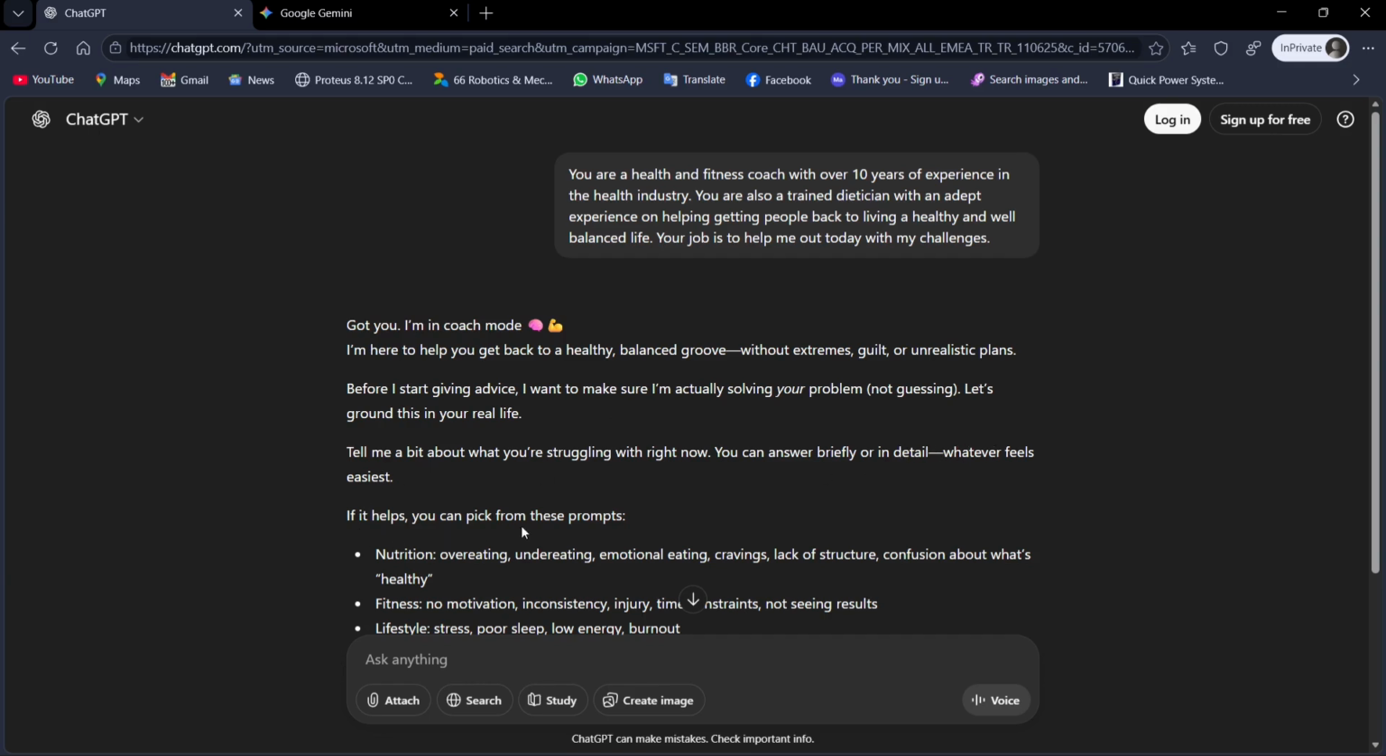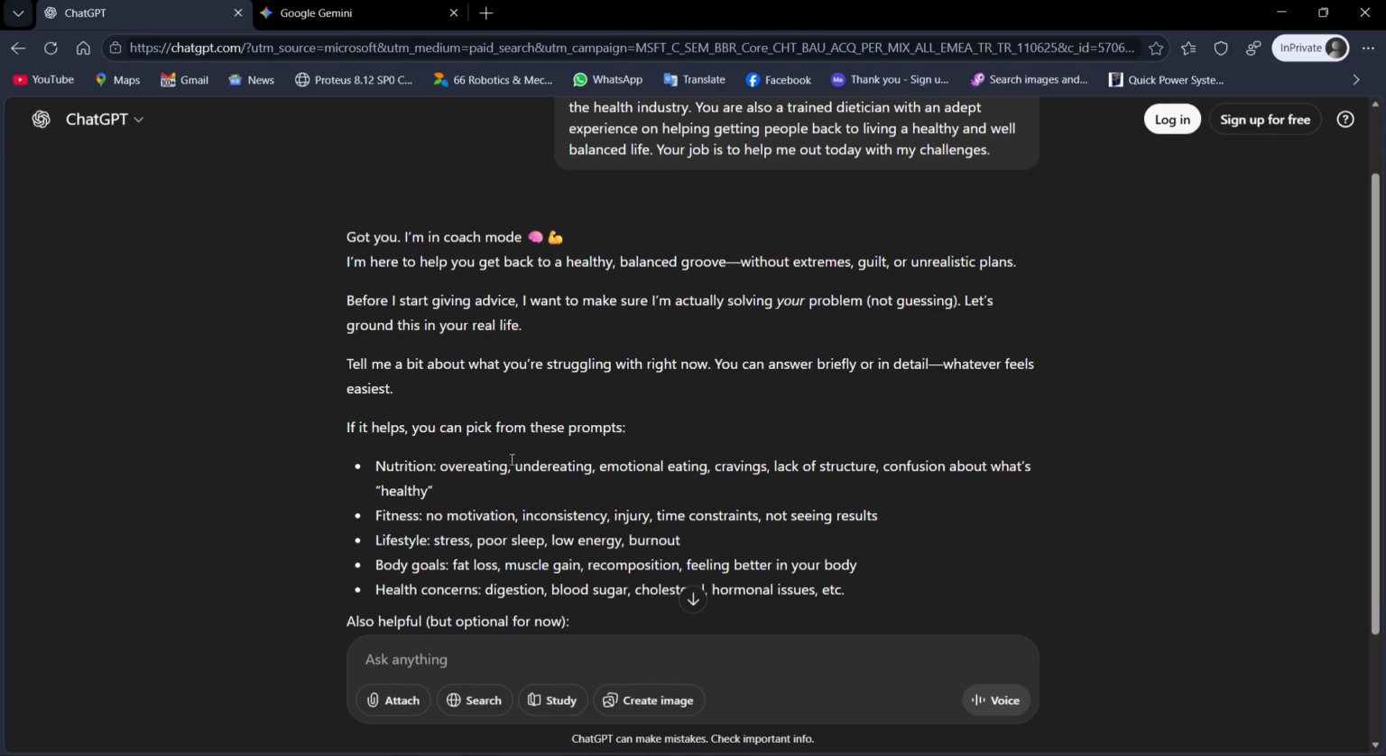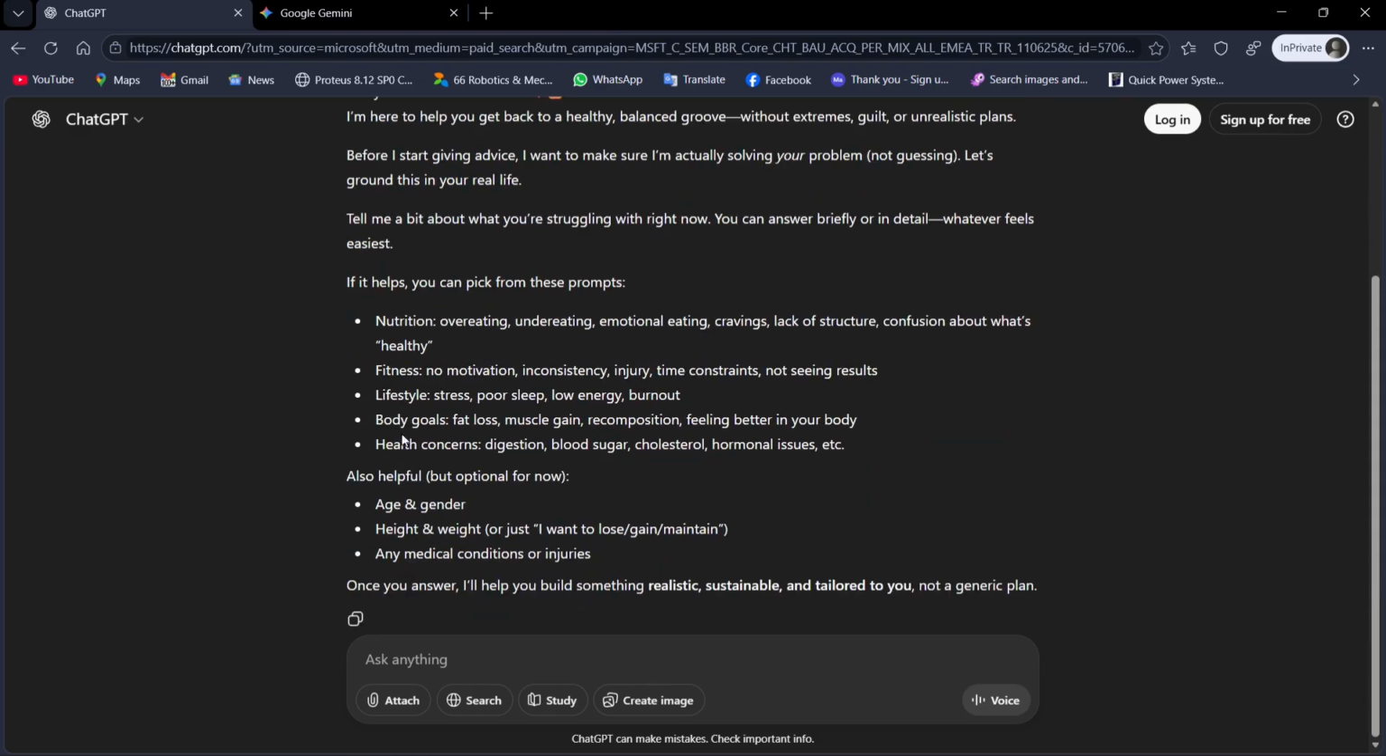If it helps, you can pick from these prompts: nutrition, overeating, under eating, emotional eating, cravings, lack of structure, confusion about what's healthy; fitness, no motivation, inconsistency, injury, time constraints, not seeing results; lifestyle, stress, poor sleep, low energy, burnout; body goals, fat loss, muscle gain, recomposition, feeling better in your body; health concerns, digestion, blood sugar, cholesterol, hormonal issues. Also helpful but optional for now: age, gender, height, weight, any medical conditions or injuries. So